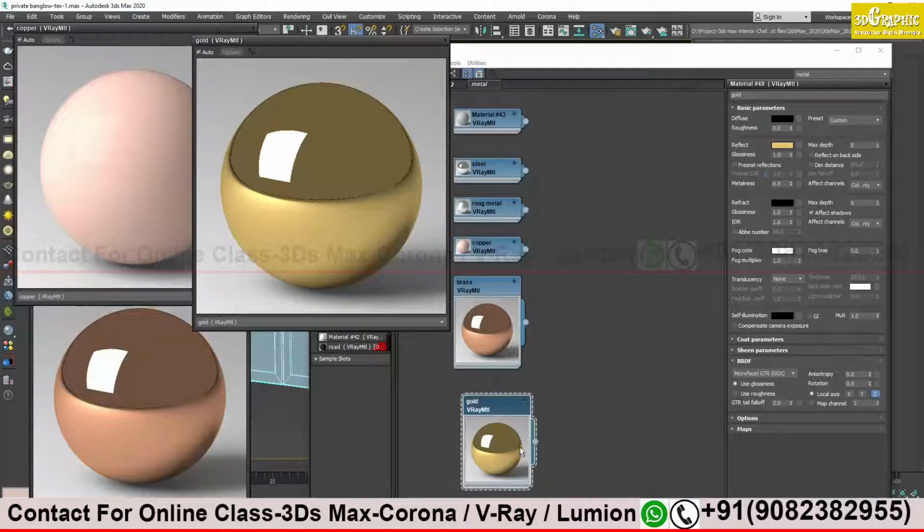You can see my computer screen, right? Yes, sir. And I have seen, sir, when the lighting has been applied, the color of the metal changes according to the environment. Yes, definitely changes. So gold will not look like gold then. Now you have to do a bit of color correction. It's not a big deal. You will get gold there in color correction. A little bit of saturation you have to increase. That's it.